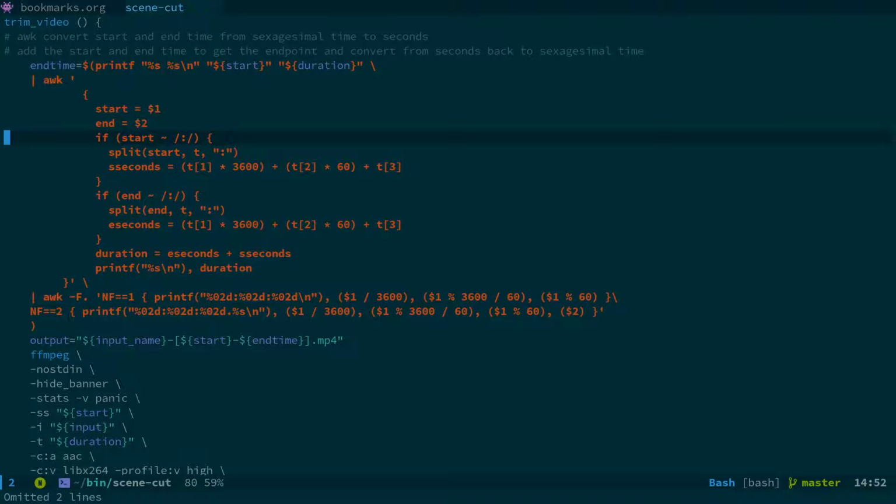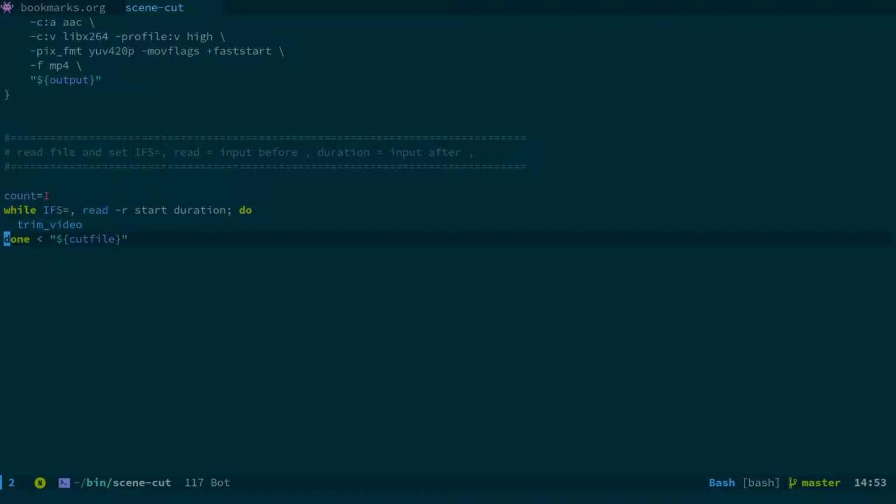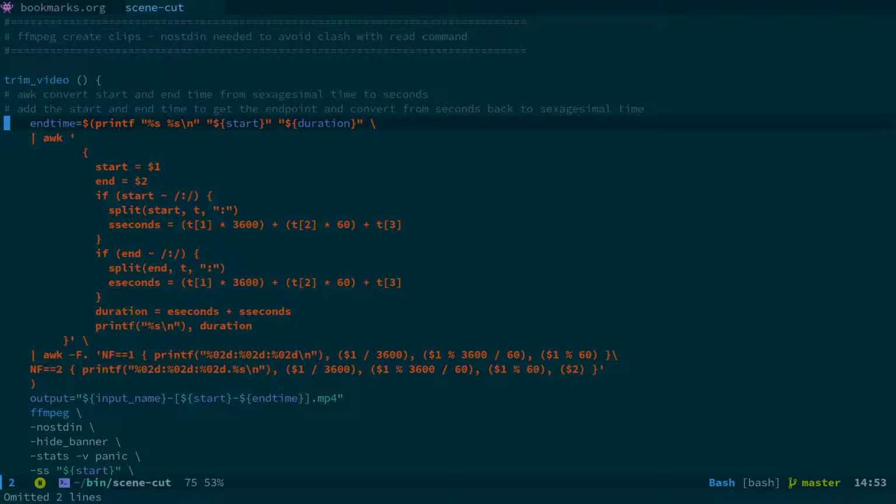We then do the calculation and convert it back into hexadecimal time to give us the end time of the clip. So that's the scene cut script, and I've removed a bit of code here that was used to create a counter that would increment. In the previous version of the script, I was creating file names like big buck bunny -1, -2, -3, -4, which worked, but the issue was you couldn't actually see where